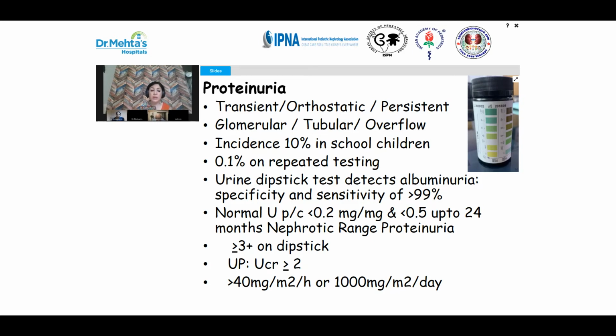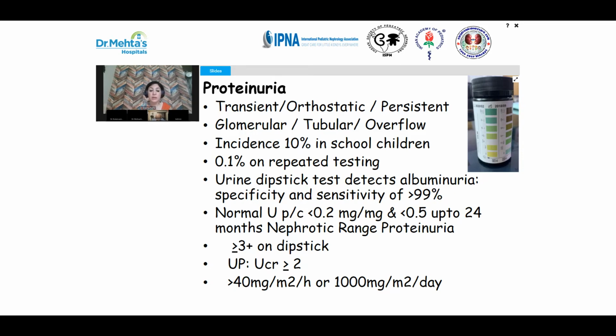So we know that the normal urine protein creatinine ratio is less than 0.2 milligram per milligram, and less than 0.5 is called subnephrotic range, and more than 2 urine protein creatinine ratio would be definitely nephrotic range proteinuria. Between 0.5 to 2 would be the subnephrotic range proteinuria. So subnephrotic range proteinuria would require repeated analysis, whereas a nephrotic range proteinuria would require urgent complete evaluation and would show 3+ to 4+ on these urinary dipsticks.